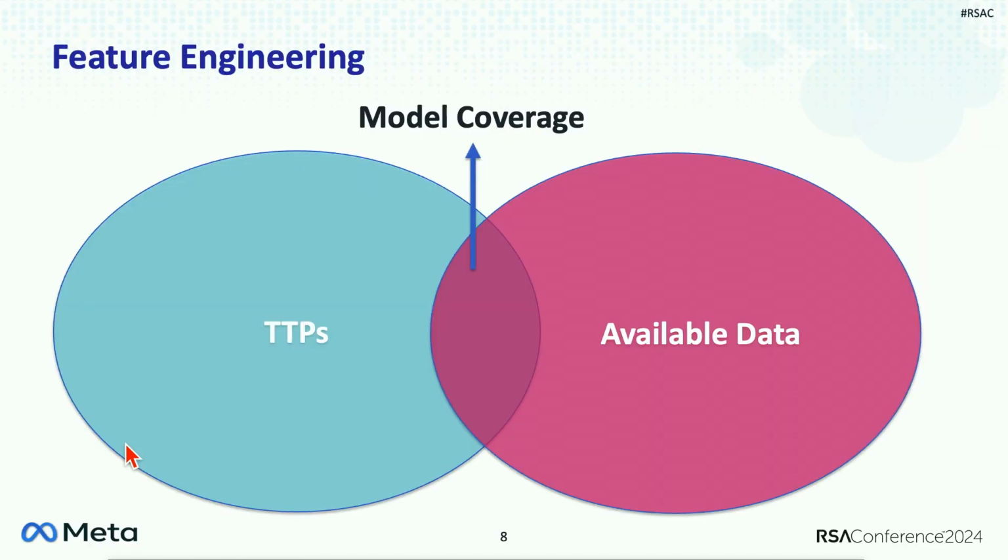And so we always start with our threat models and our TTPs. And so in particular, when you're deciding on TTPs and things that you would like to detect on, if you're creating a single model, your TTPs and the scopes of your coverage and what you're trying to build the model for should generally be within the same domain and functionality.